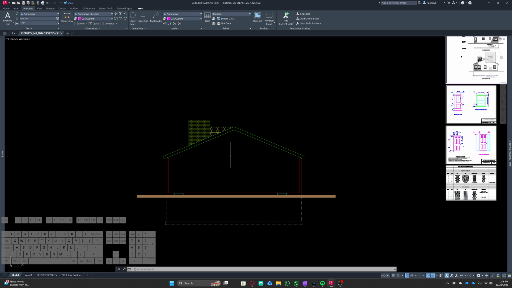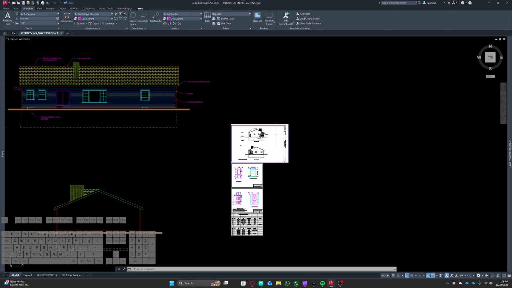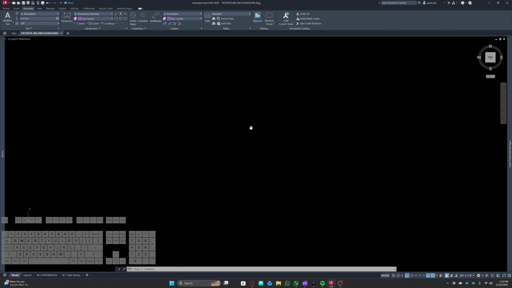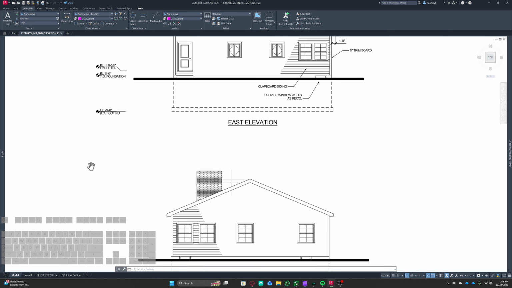You also may have noticed I didn't remove the hatch for my chimney or my shingles here. I don't need to. I just simply don't need to. I also understand that there isn't shingles shown on here. You don't have to, but this is just for realism. You would have shingles on this. So